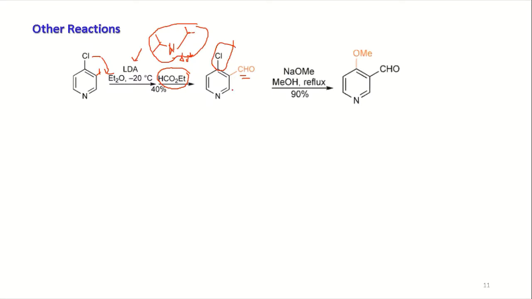Now you can use another nucleophile that you have seen in the first slide. Methoxide can act as a nucleophile. It will attack here, and this can come out, because your ring's electron deficiency has now increased. You have installed the electron-withdrawing group here, and nitrogen is also acting as electron withdrawing. So the nucleophile can easily attack, and you have methoxide installation.